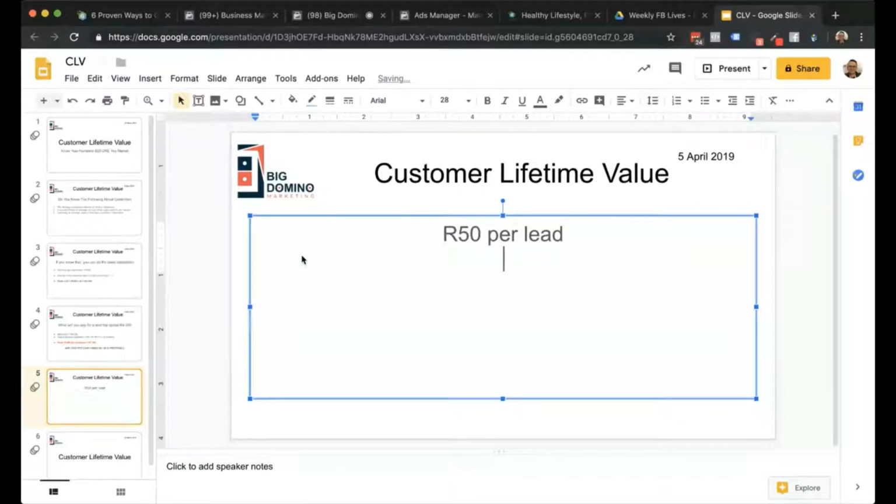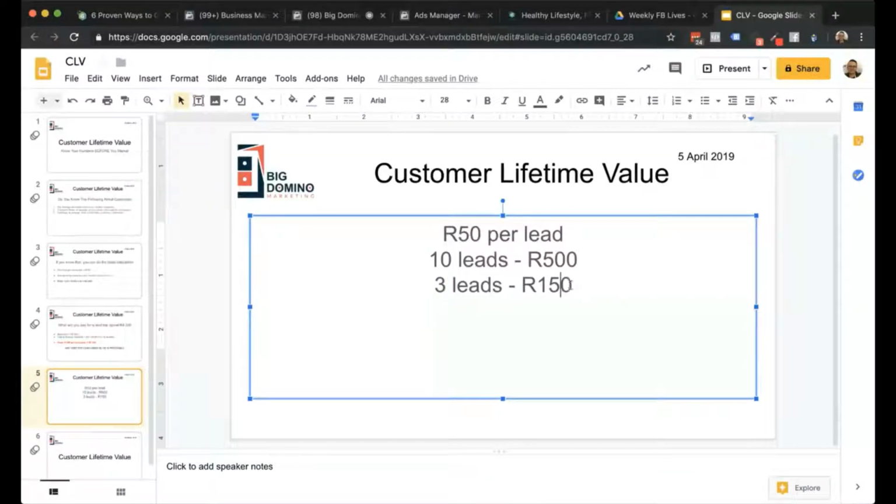Now, let's say of every 10 leads that come in, you have 3 people coming in for an appointment. So 10 leads will then cost you 500 Rand. Okay, let's say 3 leads come in, so 3 leads will cost you 150 Rand. So now on average you're getting a paying client for 150 Rand. That's assuming 3 out of the 10 leads that have taken up your offer actually come in to spend money with you.